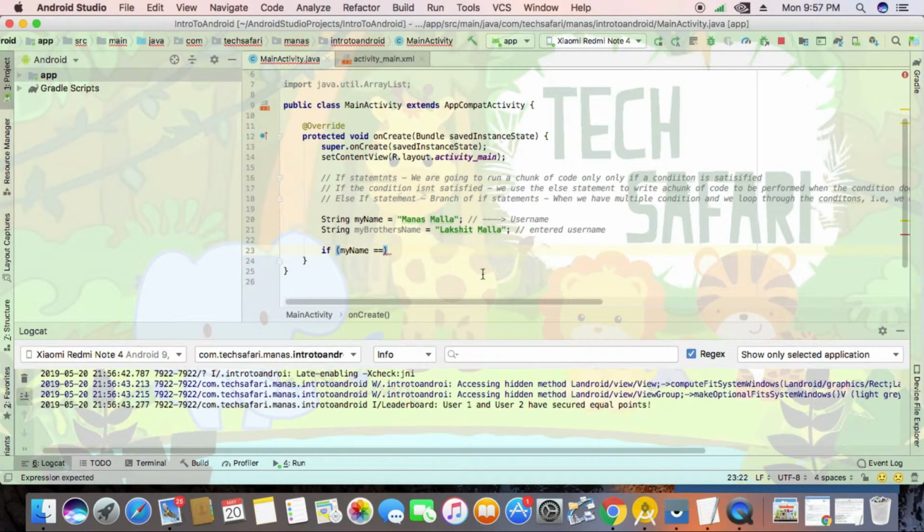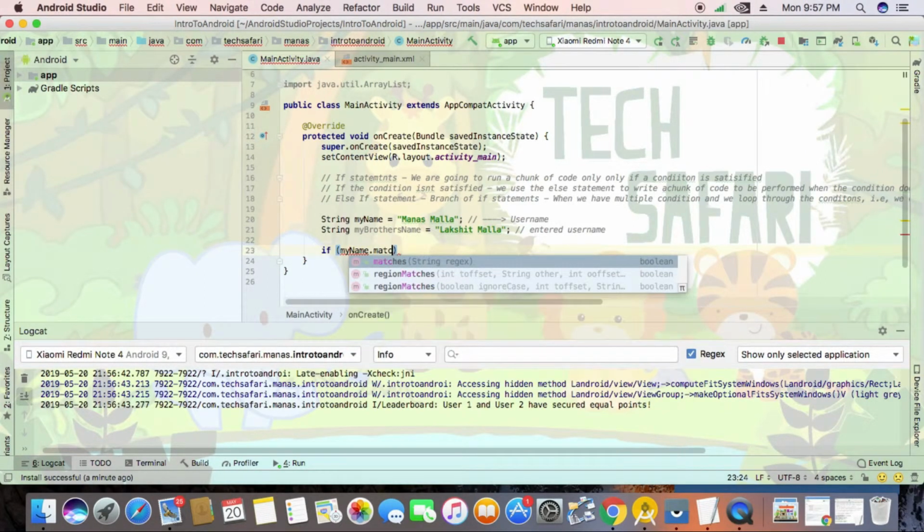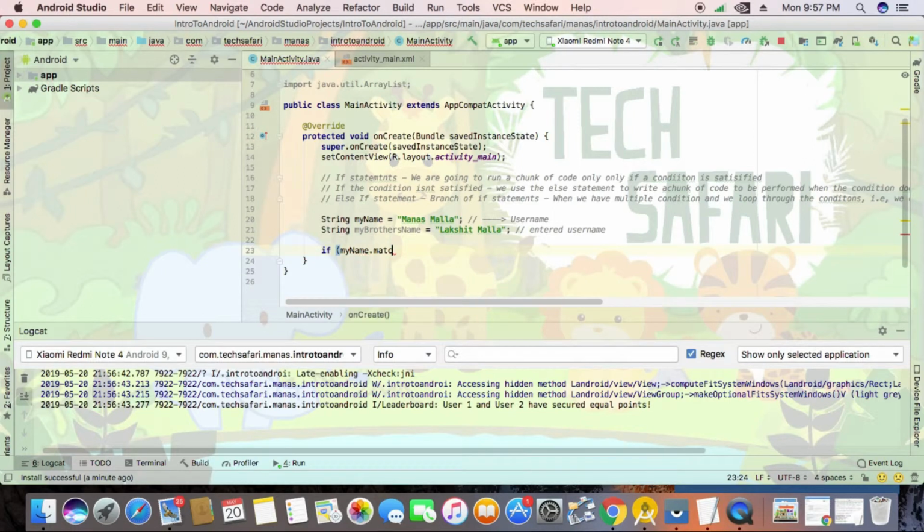So I cannot use a double equals sign here. It would give me an error as a null pointer exception. So we use the word dot matches or dot equals. Both of them would do the same thing. So in the brackets here, I'm going to check if myName dot matches, and what I want to check myName against is my brother's name here. And if so, then I'm going to say